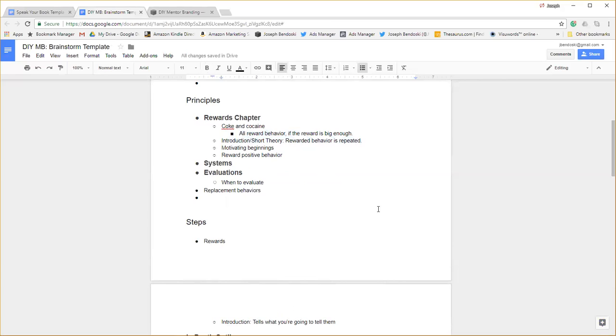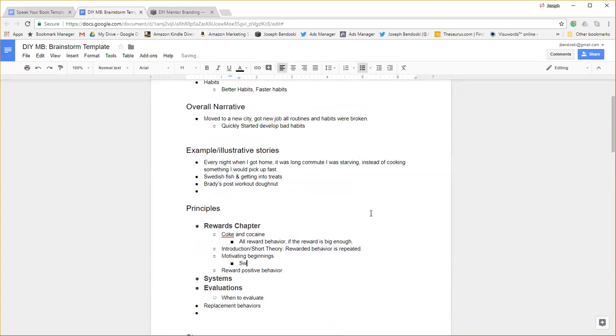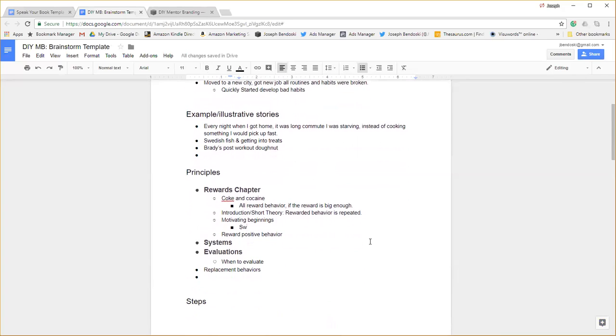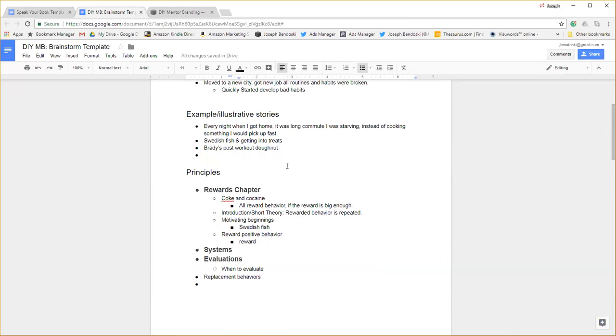Motivating beginnings. I can talk about Swedish Fish here. As you can see, I'm pulling that from one of my stories, right? And reward positive behavior. And so upon completion, you need a reward, right? So yeah, just kind of outlining the chapter there. I can look back at the stories. I can put in Brady's Donut here,